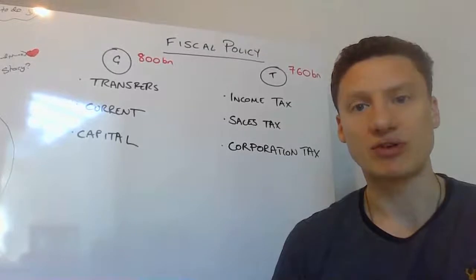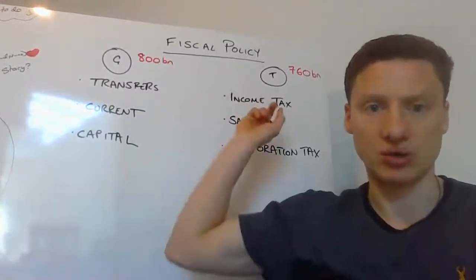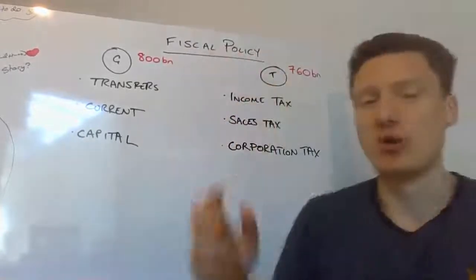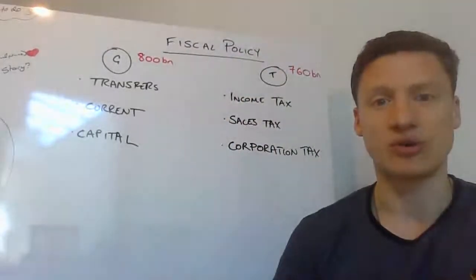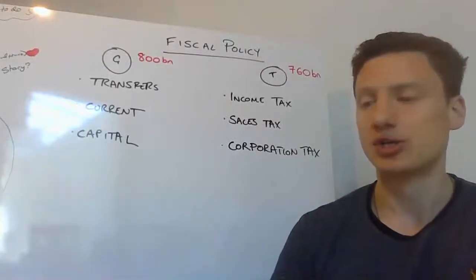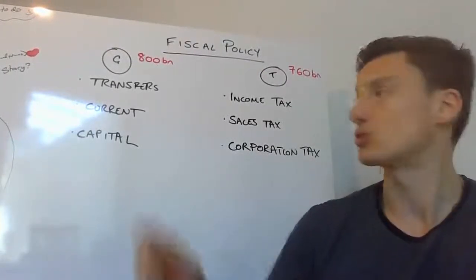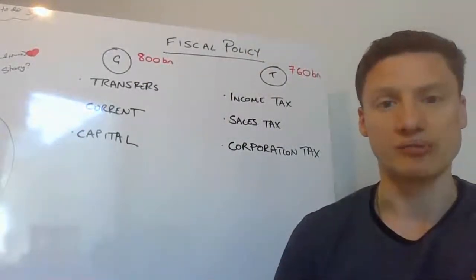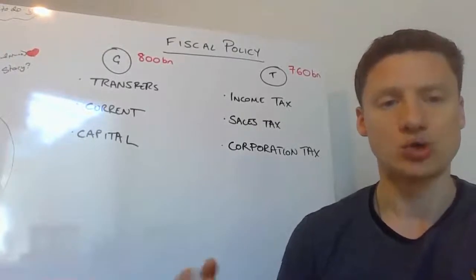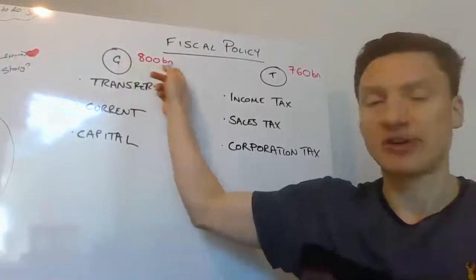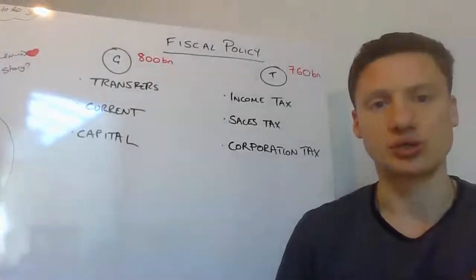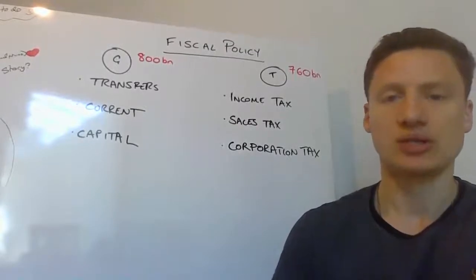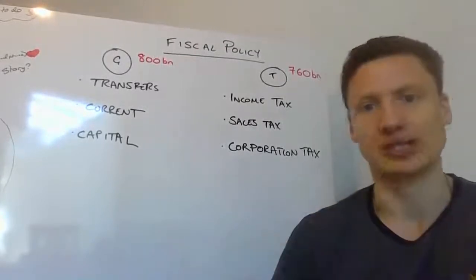In the UK, though, we don't have a lot of state-owned industries, and therefore we rely solely on tax revenue in order to fund our government spending. And at the moment, the last figures that we've got are 760 billion. So you can see there is a shortfall here between the amount of government spending and the amount of tax revenue that the UK government spends in a given year. And we'll talk about that because that figure is only going to get higher now with Rishi Sunak's plans for getting out of this 2020 recession that is now coming up. So we'll need to talk about how that is funded.